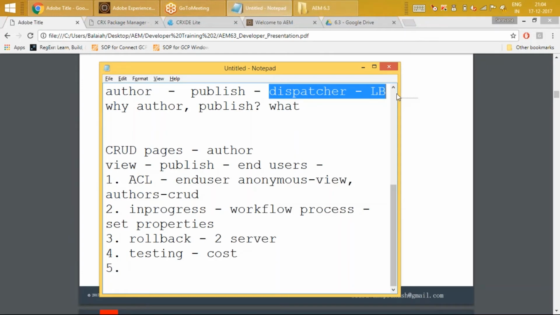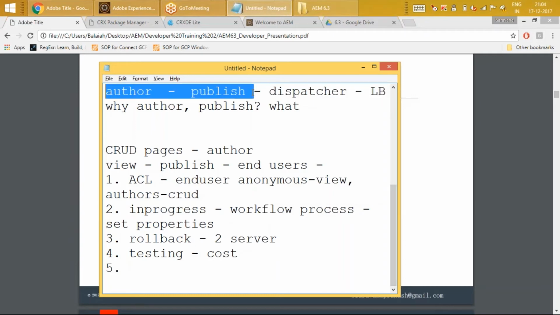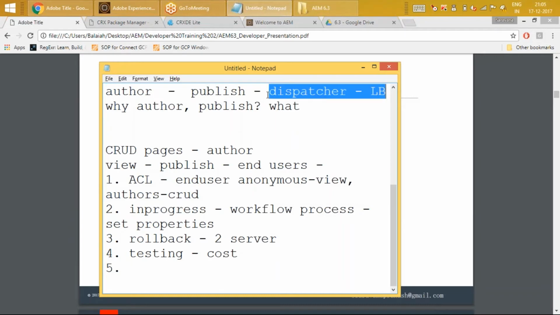And trust me, all these concepts that you're talking about, load balancing, caching, never happen at the AEM layer. They happen outside the AEM only. There's no load balancing capability in AEM. So remember this also. Even in interviews, if they ask what is the load balancing capability of AEM, 0. AEM doesn't support load balancing. Only the dispatcher module that you install on top of your Apache is the one that supports load balancing.